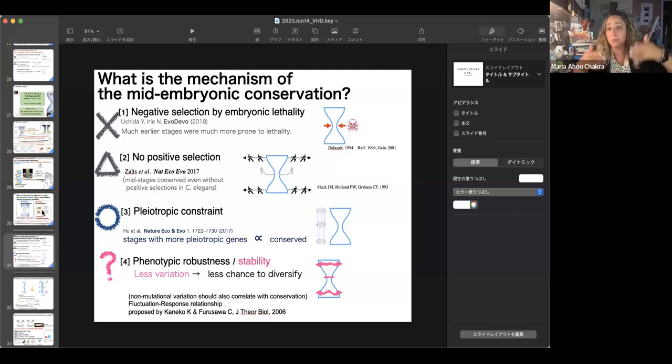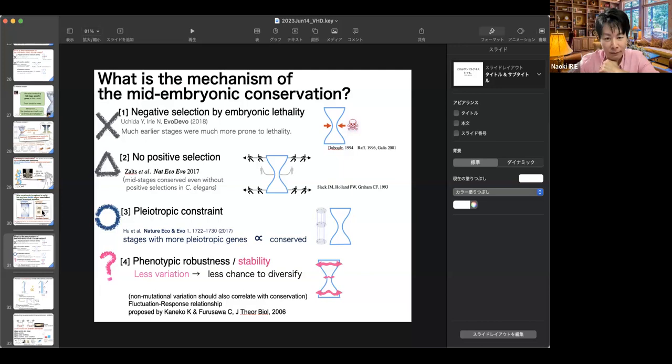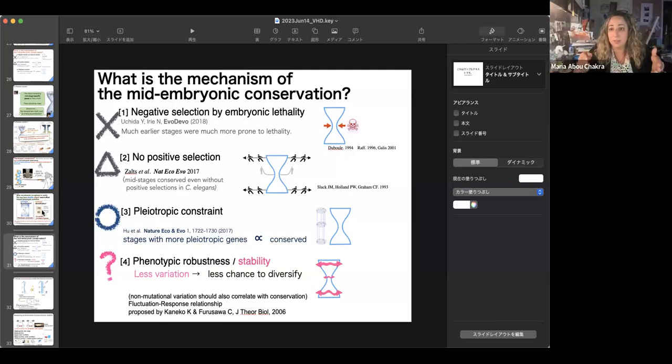That's when you want to make the fewest mistakes. And I'm not saying that there has to be negative selection. I'm sure that kind of swept through, but once you're putting some resources in and all of a sudden